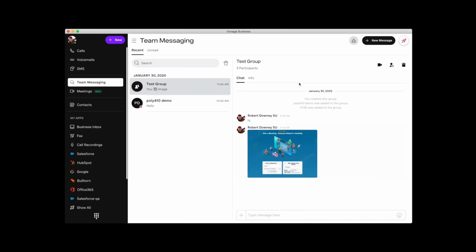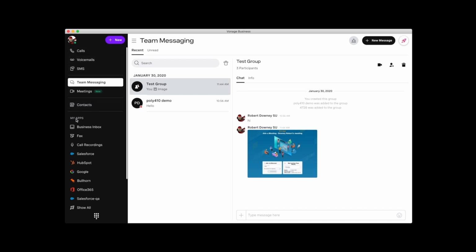In this demonstration, we will be discussing the Vonage Business Communications Platform tied directly into the Vonage Integration Platform. The Vonage Integration Platform is the component that allows you to pull your CRM or your other productivity suites directly into the Vonage Business Communications interface on the desktop app without having to have an external connector like the Vonage Integration Suite. Inside of the Vonage Business Communications interface, you'll notice on the left-hand side all of the familiar sections that you can navigate to.